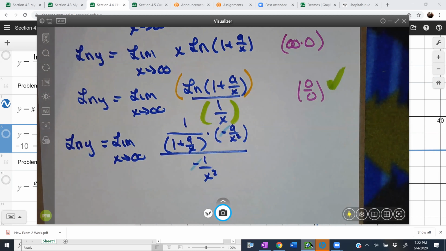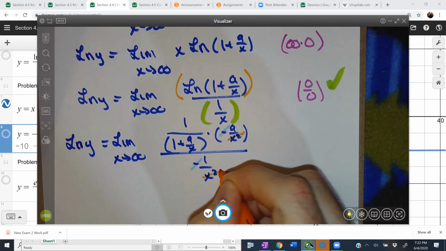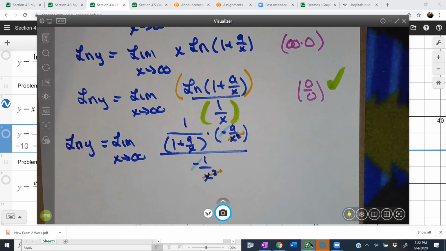What else cancels? Very obligingly, 1 over x squared. Yeah, the 1 over x squareds. So let me get rid of the x squareds. Well done. So what I'm left with, ln of y equals